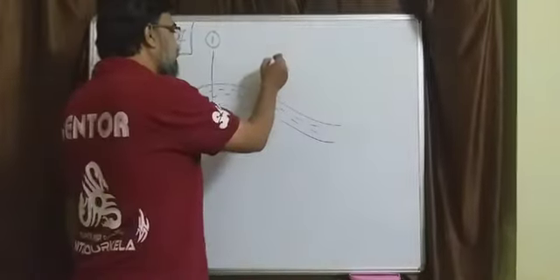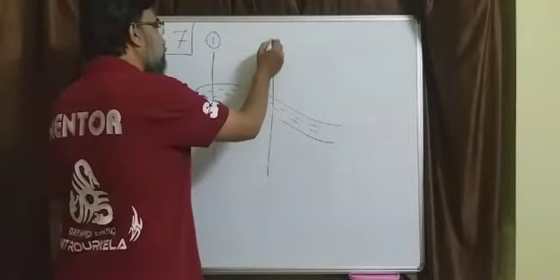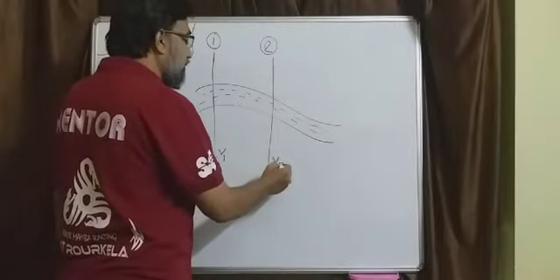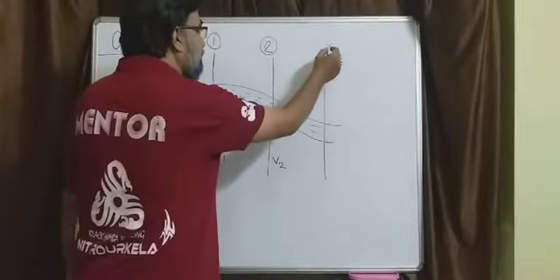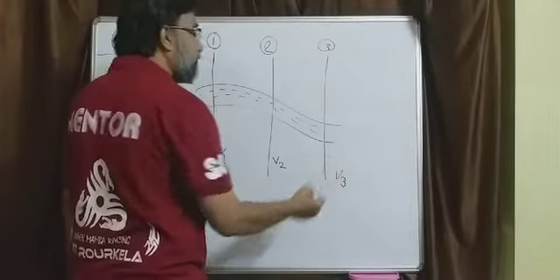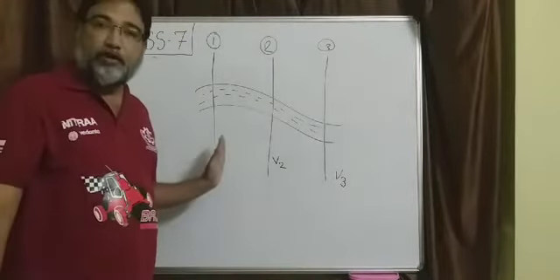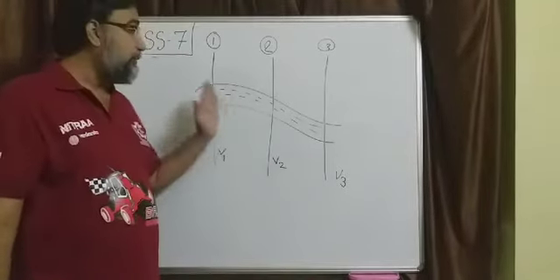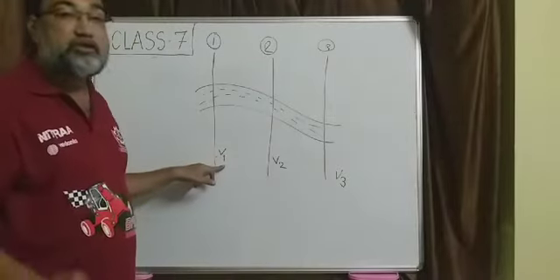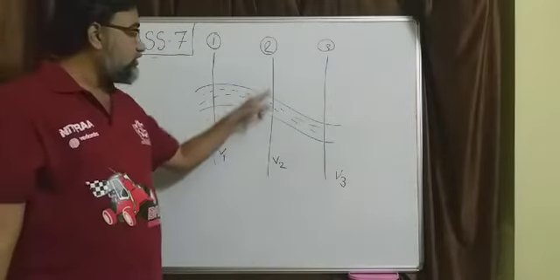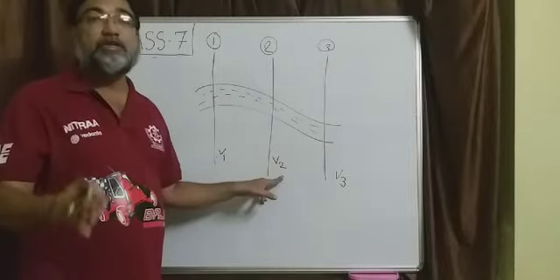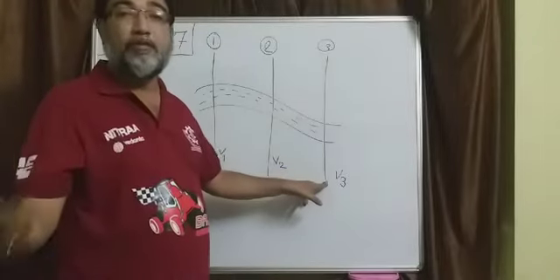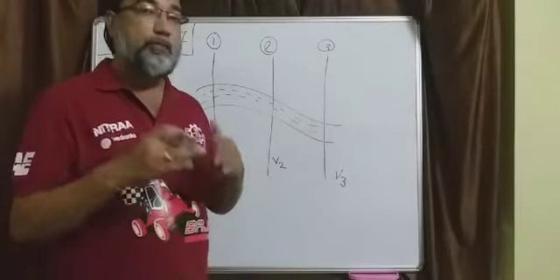That means if I take another location 2, the velocity here is v1, here it is v2, at location 3 the velocity is v3. The values of velocities are different from location to location, but at a particular location, the velocity is not changing with time. At location 2, if I record the velocity now, it is v2. If I record the velocity after 5 minutes, it is still v2. Here it is v3 and after 5 minutes it is v3. So at a particular location, properties are not changing.